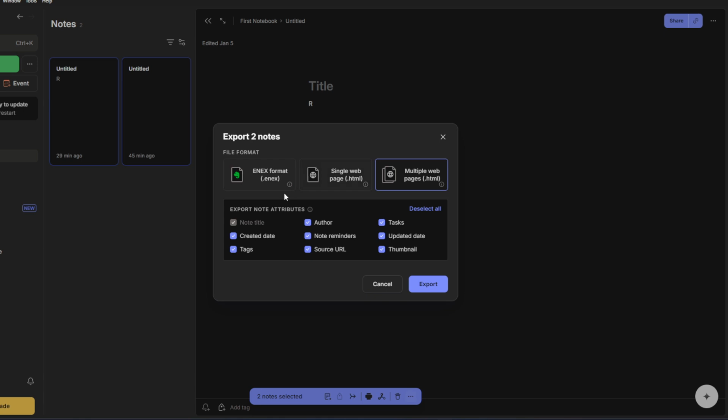Depending on your app, you might be asked to choose a file type, like PDF, text, or a specific notes format. You may also be prompted to pick a location such as your device storage, a downloads folder, or a cloud service. Choose the format and location that best fit how you plan to use the notes later. After confirming, wait a moment while the export completes. When it's done, your notes are now safely saved outside